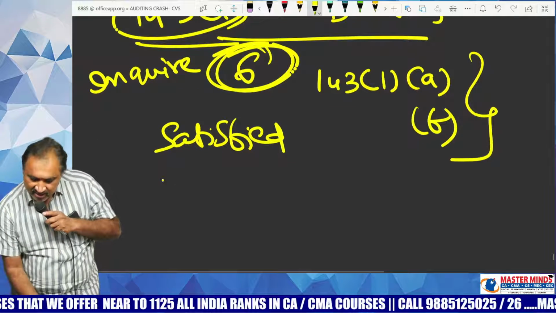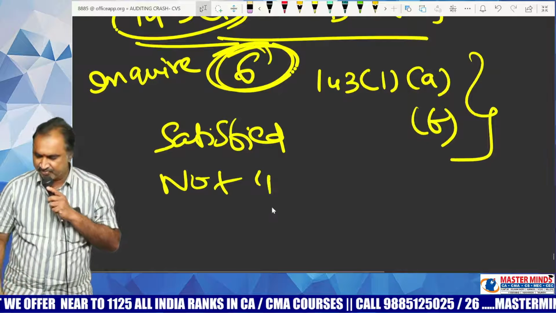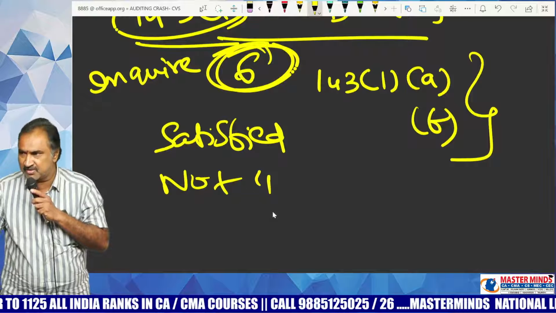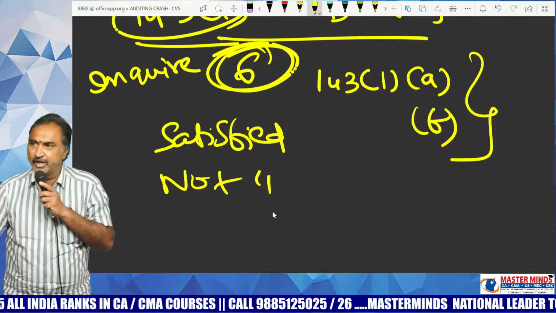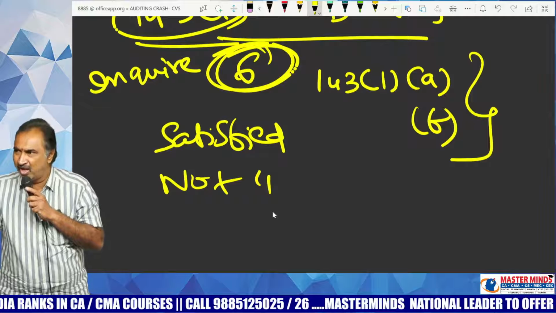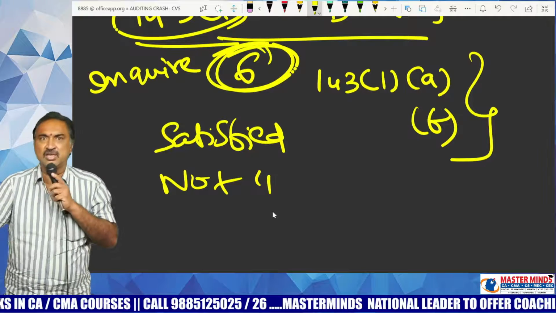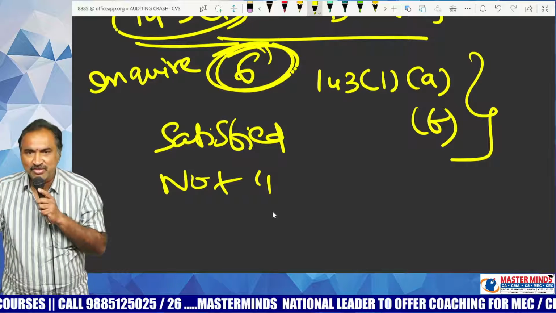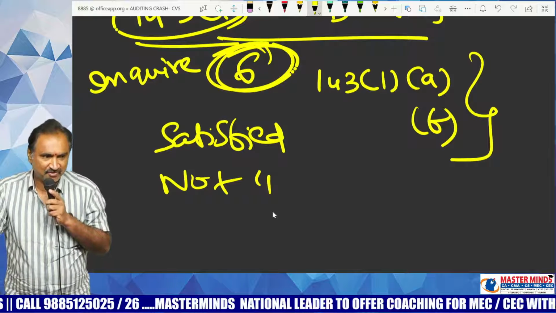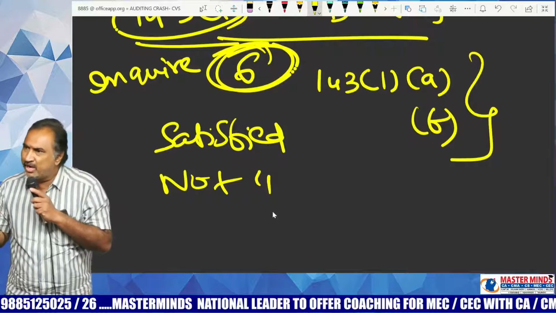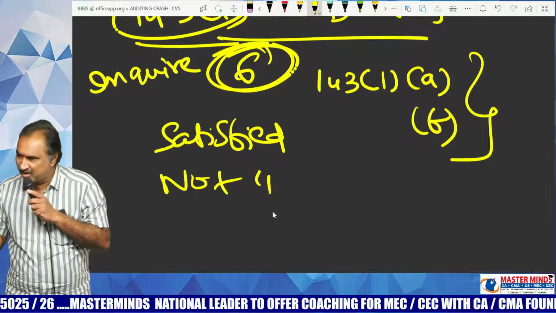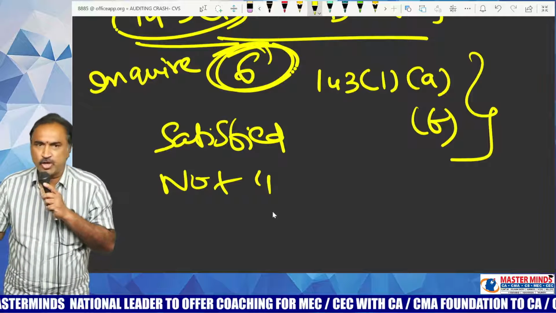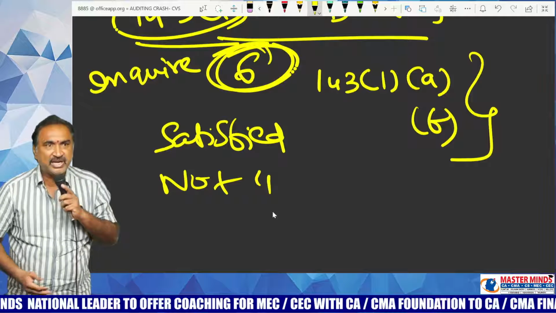However, if the auditor is not satisfied with any one of those matters, then the auditor must make a report to the shareholders. This is based on a formula. The formula is like this. If everything is right, there is no need to make a report. If something is going wrong, there is a need to make a report. If everything is going well in the company, there is no need for the auditor to make any report to the shareholders. If something is going wrong in the company, it is the duty of the auditor to make a report to the shareholders. Based on that principle, this point has evolved.